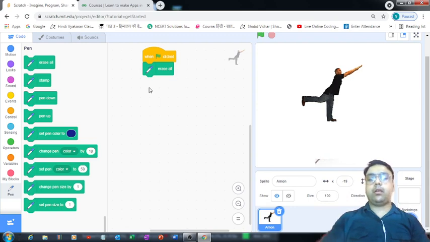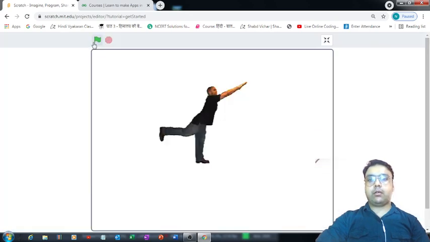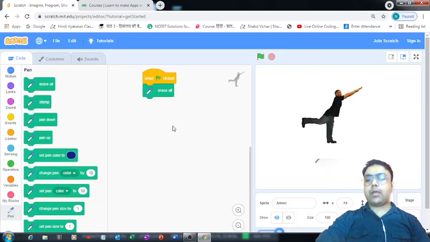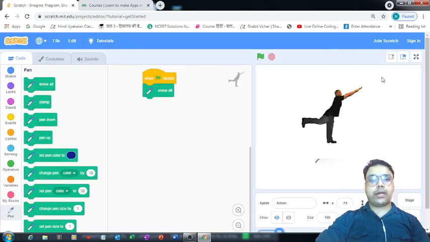Earlier there was no sprite present over here. Now because there is a sprite, we can add the code one more time. So when the flag is clicked, nothing is going to happen because we haven't defined anything yet. And I would like to just remove this sprite from here.